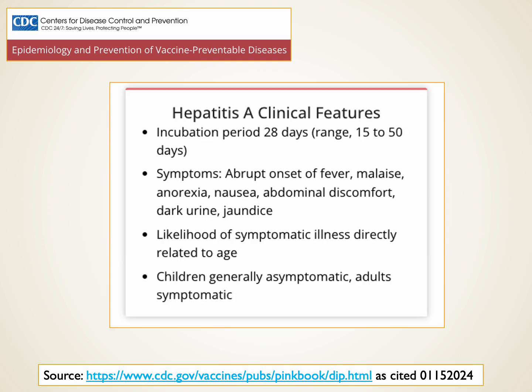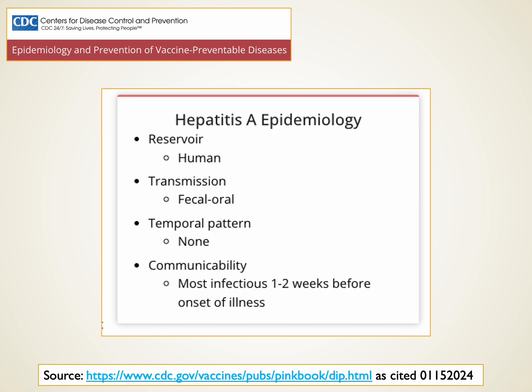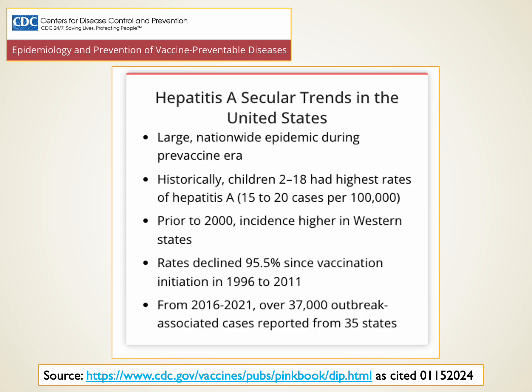Clinical manifestations: it has an incubation period of almost a month. Then the symptoms are quite abrupt, with dark urine and jaundice, and we see varying degrees of illness, partly related to age. It's a human reservoir with oral-fecal transmission. The trends where it's epidemic